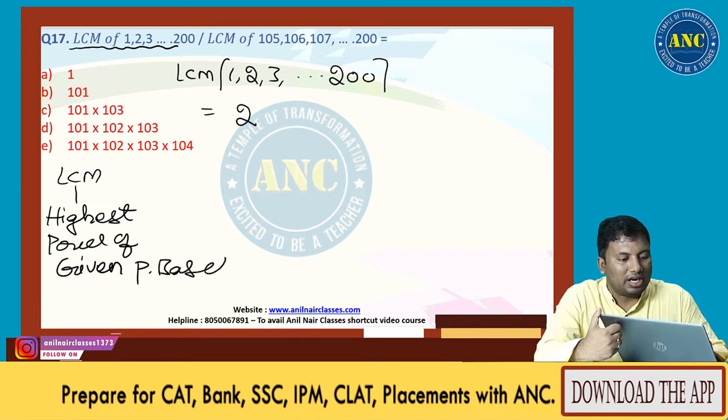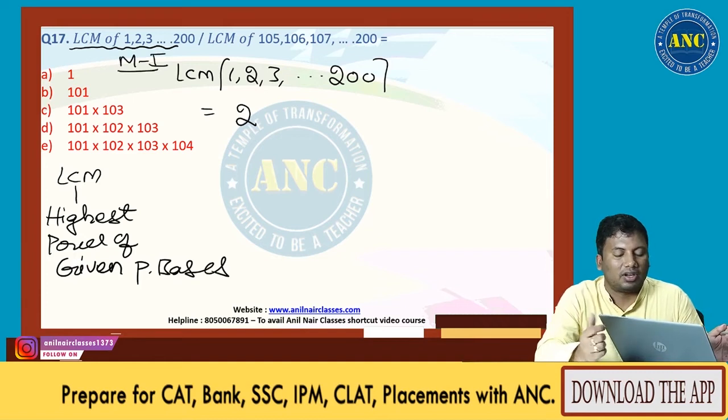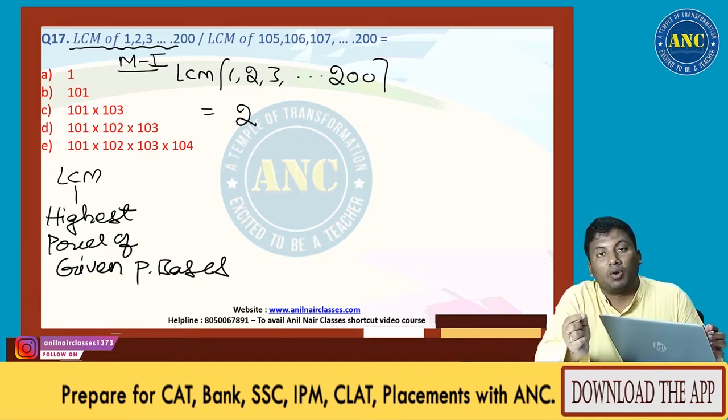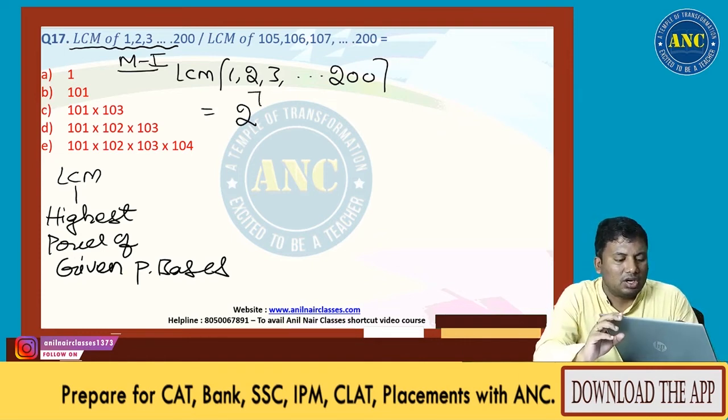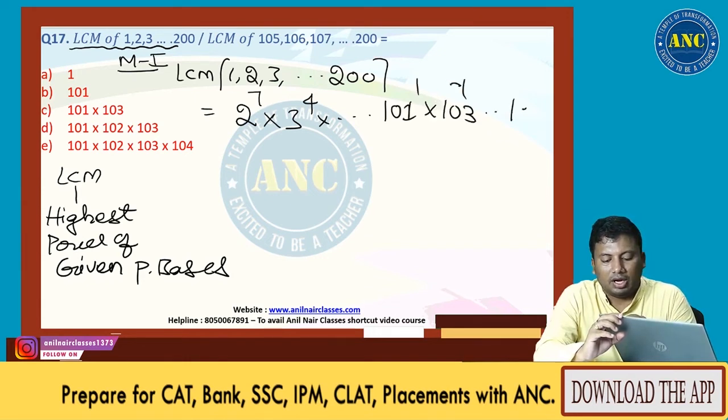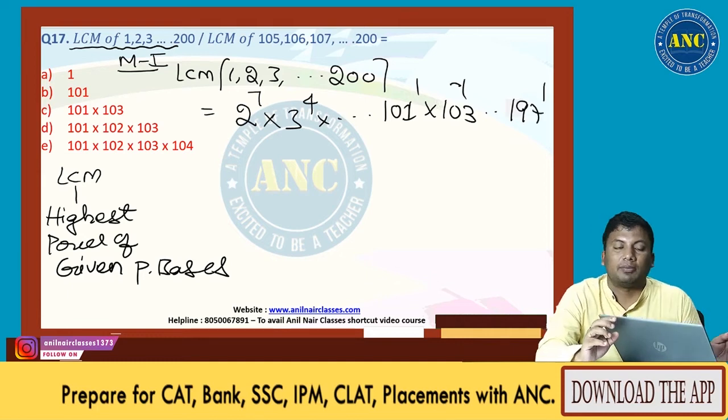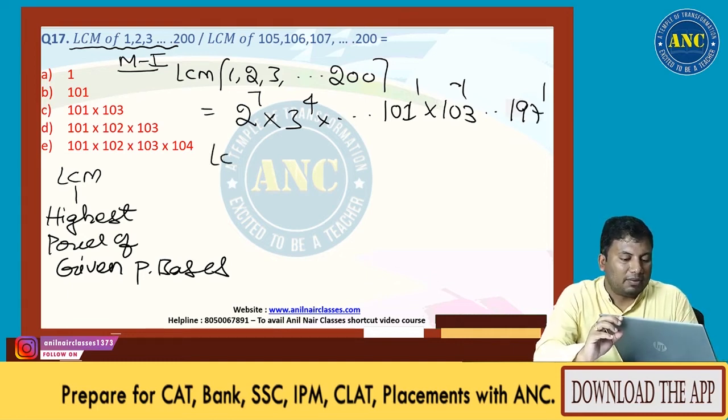First we will do the traditional method, then I will tell you the Anil Nair Classes way of solving. Which power of 2 can go up to 200? 2 power 7 is 128, 2 power 8 is 256. 3 power 4 is 81, 3 power 5 is 243. And so on up to 101 power 1, 103 power 1, and so on up to 197 power 1, divided by